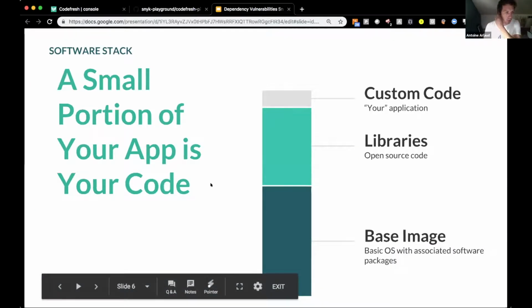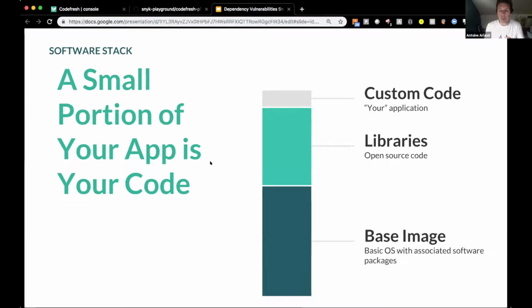When we look at apps, the code that you write is actually tiny in comparison to the rest of the code that is being used. By means of libraries, typically open source code, you can pull that in with various package managers like Node and Maven and so on. These libraries are portions of code that you haven't written, that you haven't looked into, but are providing a lot of features for you. So it's a lot of productivity gain, and you don't have to recreate the wheel